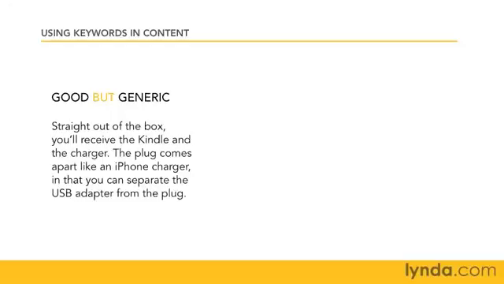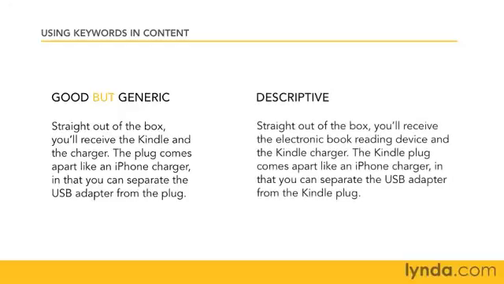Well, let's see how we can take this one small paragraph, what is it, 2 sentences, and turn it into a nice keyword-rich paragraph, still 2 sentences. Straight out of the box, you'll receive not just the Kindle, but the electronic book reading device itself, and not just a charger, but a Kindle charger. Then we say the Kindle plug, because it's not just a plug, it's a Kindle plug, comes apart like an iPhone charger in that you can separate the USB adapter from the, what kind of plug? Kindle plug. It's as simple as that to get lots of keyword phrases into just a couple of sentences